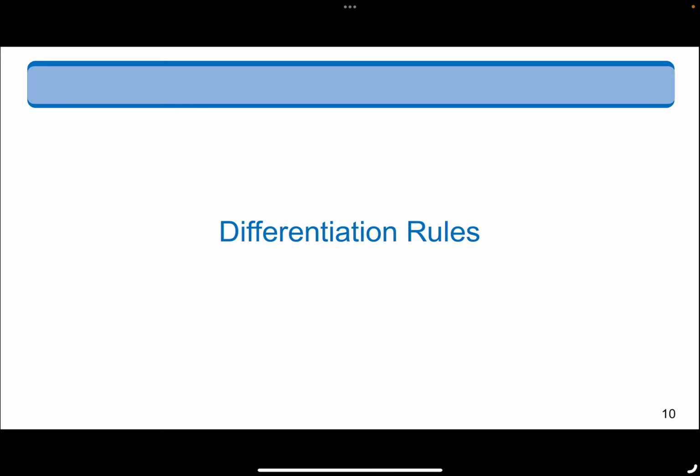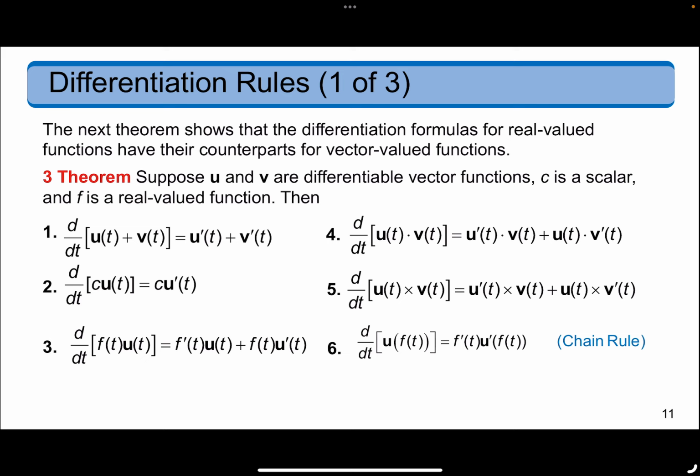For differentiation rules, the next theorem shows that the differentiation formulas for real valued functions have their counterparts for vector valued functions. Suppose that u and v are differentiable vector functions, c is a scalar, and f is a real valued function. Then